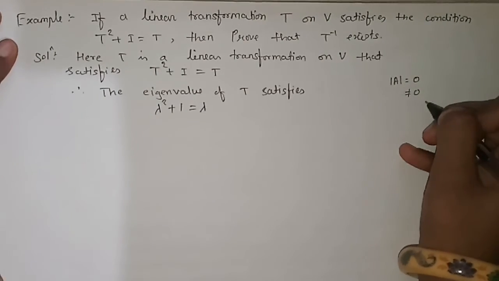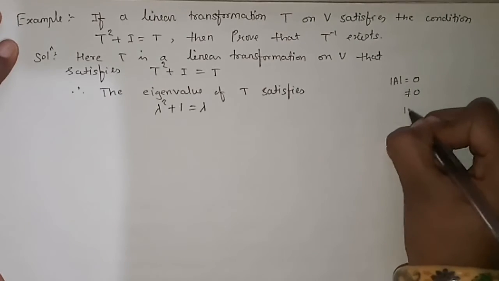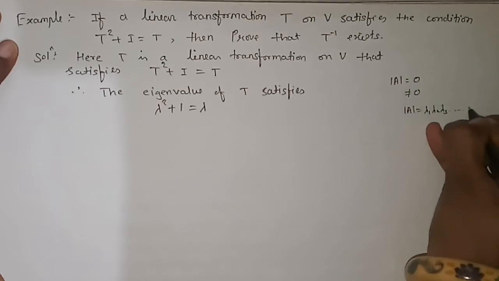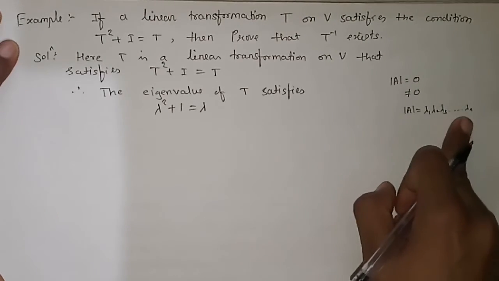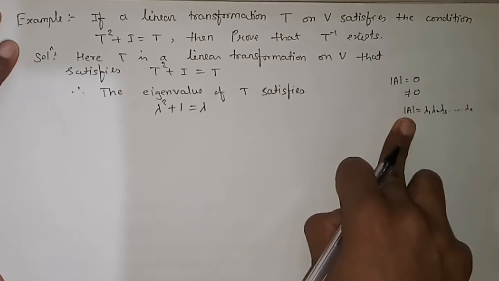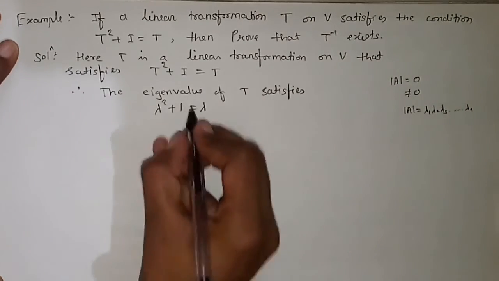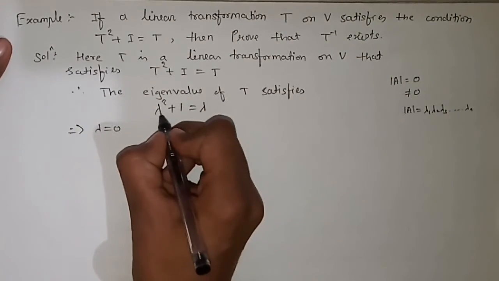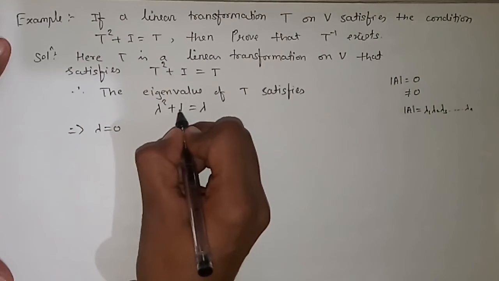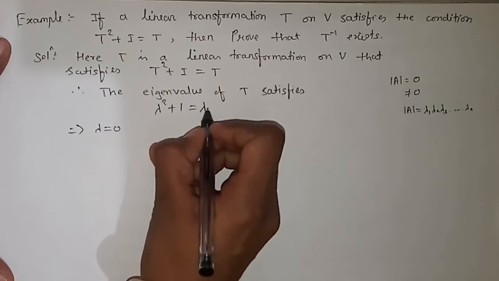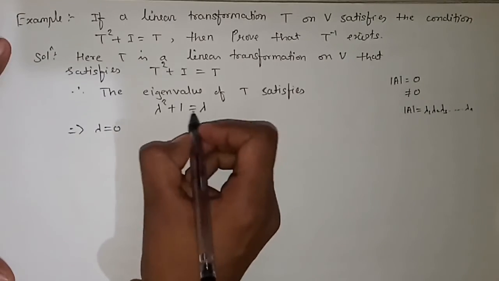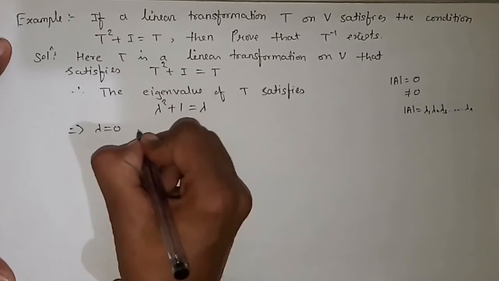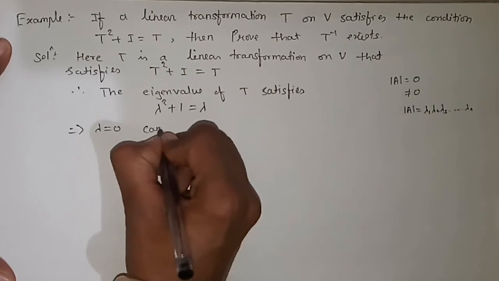But there is one more condition, that determinant of A is nothing but the product of all its eigenvalues. So if lambda is not equal to 0, then we can say that the inverse exists. So this is only what I have to prove here. So can we say that lambda is equal to 0 anywhere? See, if I put lambda equal to 0, then what will happen? Left hand side it is 1 and on right hand side it becomes 0. So 1 is not equal to 0. So by any calculation, lambda will never be 0. So lambda equal to 0 cannot be possible.